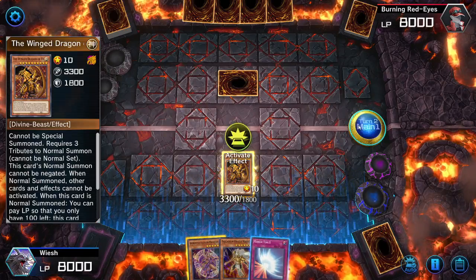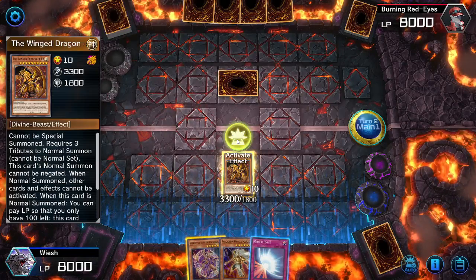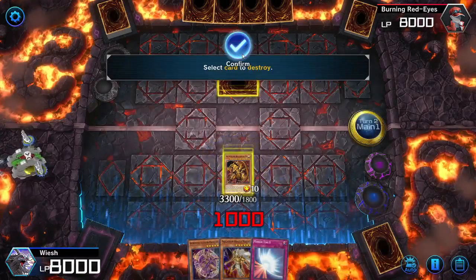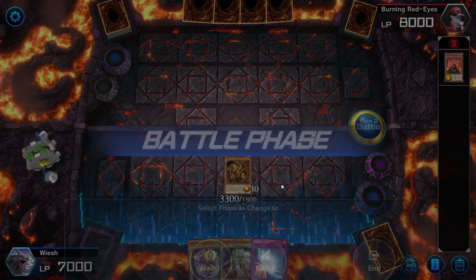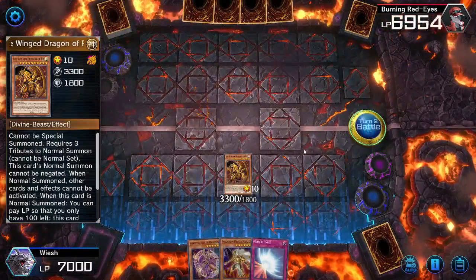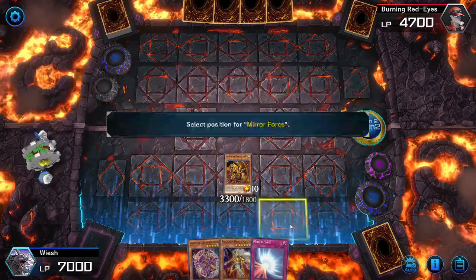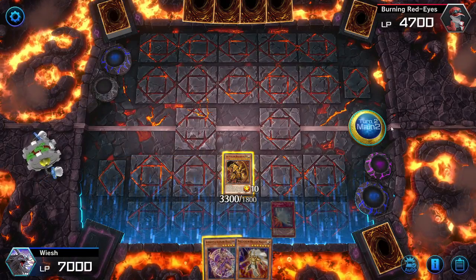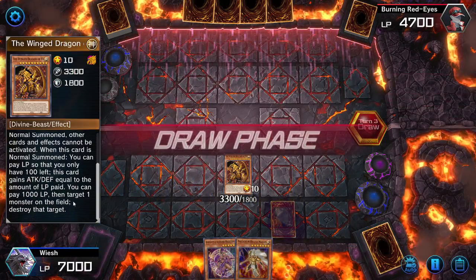Oh, we can pay 1000 life points to destroy that monster. That's perhaps a more useful usage of the life points, I guess, than actually paying the life points to get attack. I guess that paying life points to get attack is only useful when you know you're going to kill your opponent, but often that's not the case. Set. You can pay life points to destroy itself. What? Destroy one monster on the field, you can destroy itself. That's the only target on the field right now, so...